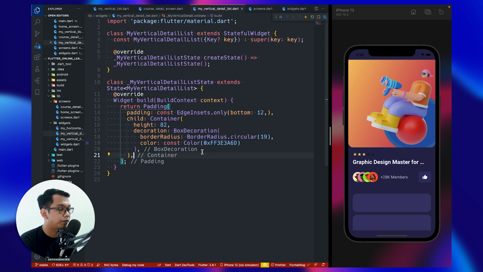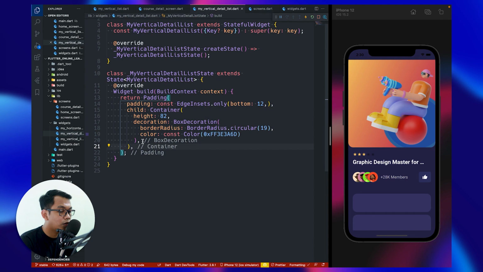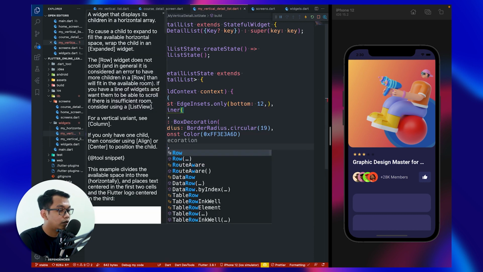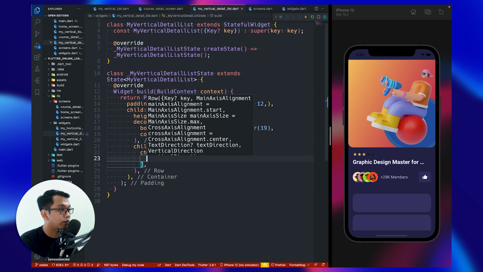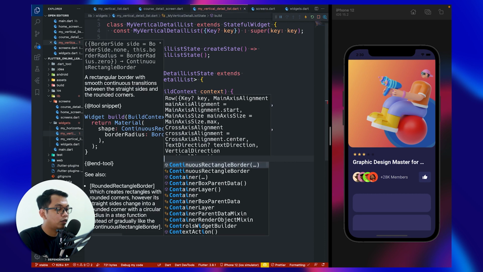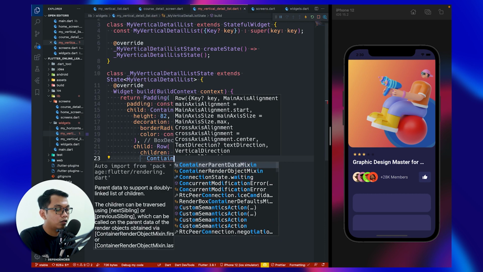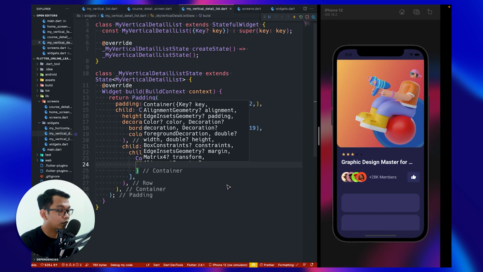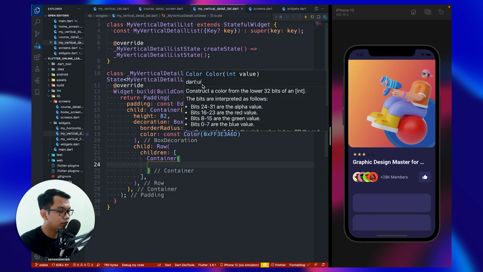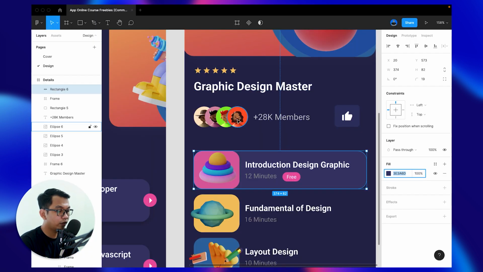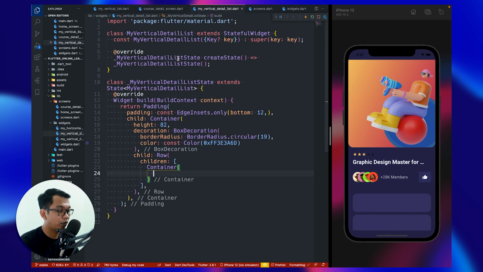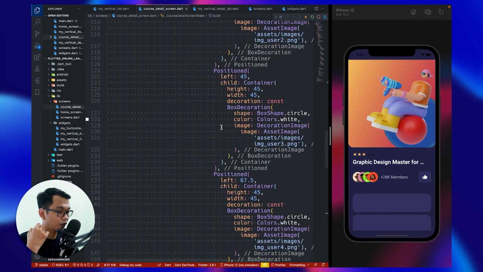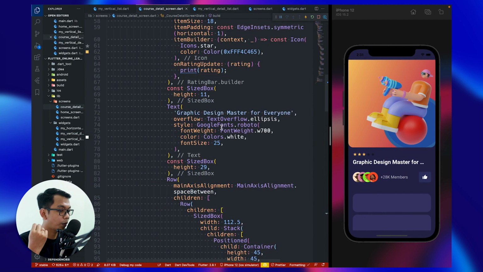Alright, so back to vertical detail list. And inside our container, we use child. And for the child, we use a Row widget using children. And the first child is a Container. And I think it's similar to the previous one, so we can copy from where we were.